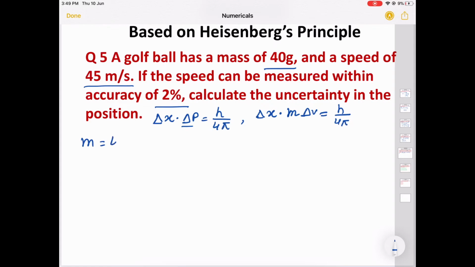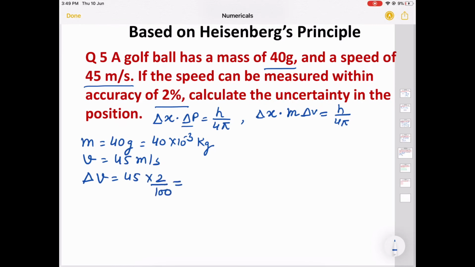Mass given is 40 gram. Converting this to SI unit, 40 into 10 raised to a minus 3 kilogram. Velocity is given 45 meter per second, and due to uncertainty, delta V is equal to 45 into 2 by 100 because of the 2% uncertainty. This is 0.9, and the